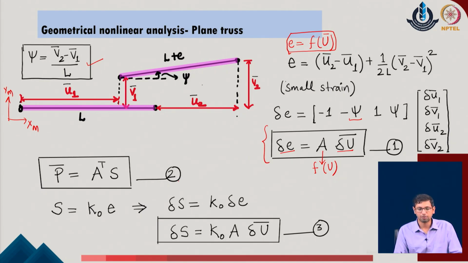Now, with this idea in mind, we move to the second, equilibrium condition. We define the nodal loads which are active in the given system in terms of the internal member force. S was the internal member force in the deformed configuration of the system, whereas P bar refers to the loads which are active in the direction of the nodal displacements of the given system, as defined in the initial member coordinates.